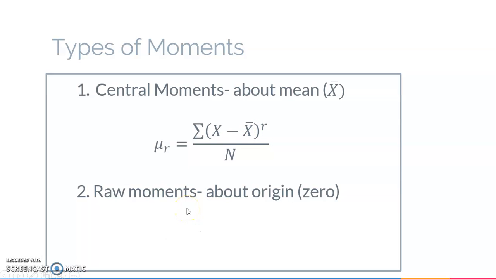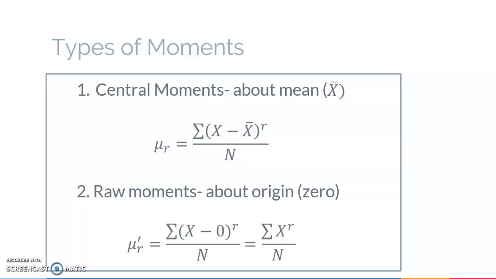On a similar basis, we can find out the formula for raw moments. It is denoted by mu dash r. r indicates the rth raw moment or the rth moment about the origin. So on a similar basis, we use the formula for average, summation x divided by n. As we want to find out the moment about the origin, we are going to subtract 0. We want to find out the rth moment, so we are going to consider the rth power. So the overall formula is summation x raised to r divided by n.